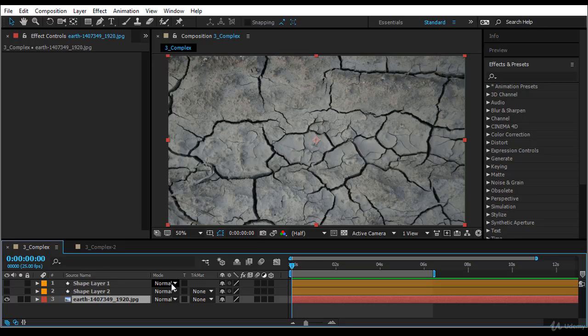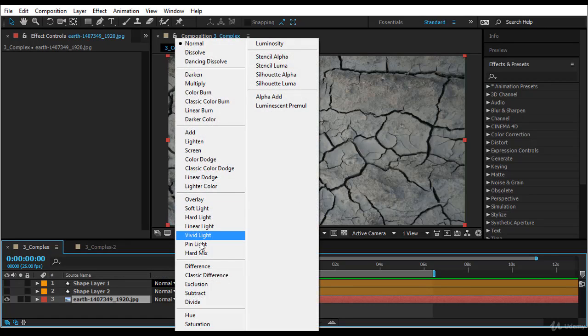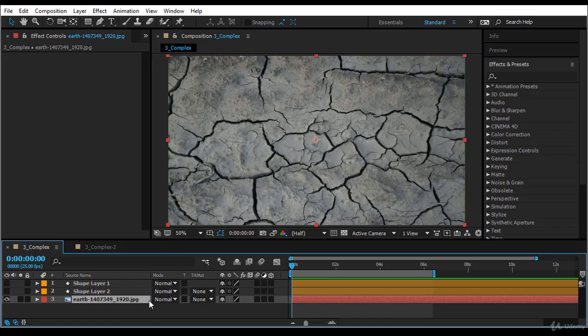In modes, you have one important mode, that is the complex mode. It contains overlay, soft light, highlight, and the others. In this lecture, we are going to focus on this complex category. How does it work? The complex category will work on the gray levels of the underlying layer for less than